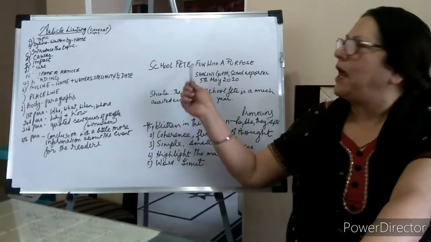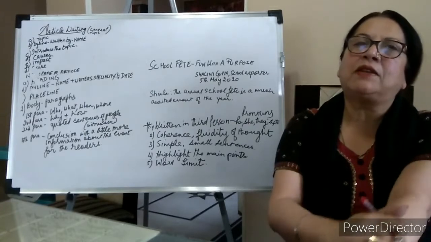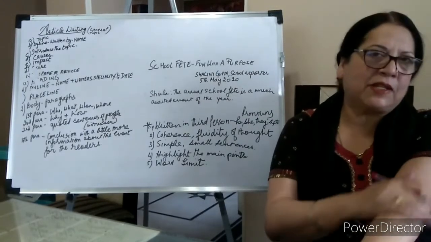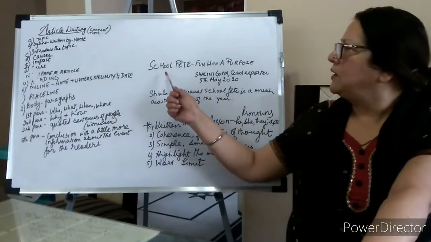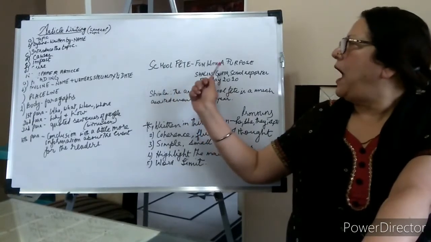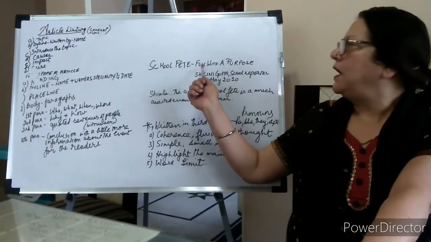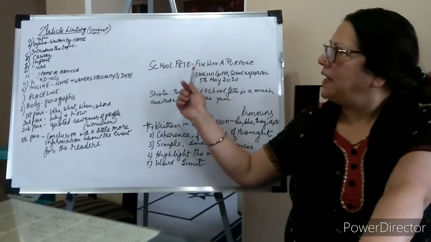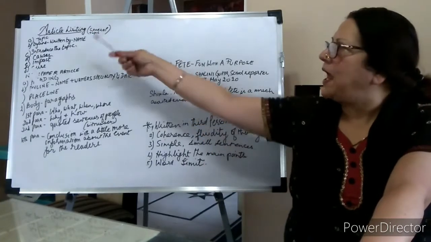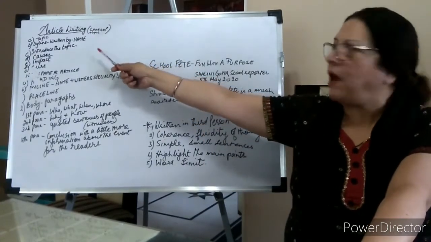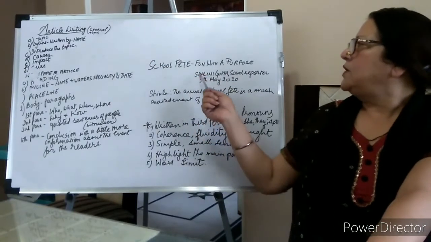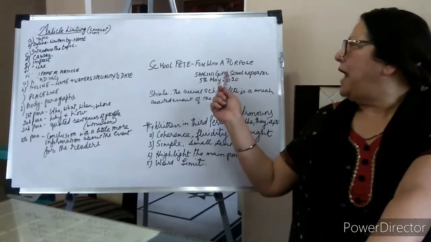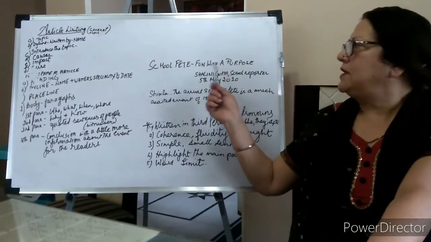Like, for example, I have taken the topic that you have to write an article on the school fete that was held, okay? So the title is School Fete, and to make it more interesting, a little dash and fun with a purpose. Then after that, we have the byline, just as we had in the other general article writing. So the name of the person who's written it, and then the only difference here is